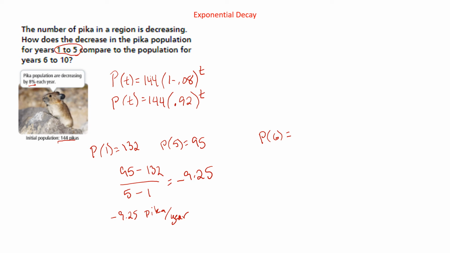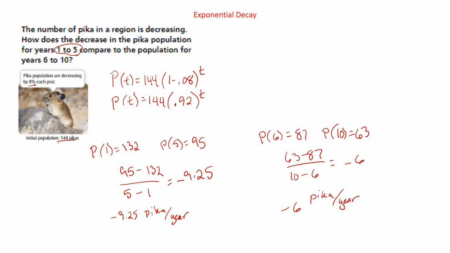And now we can do the same thing for years 6 to 10. Population of year 6, we plug 6 in, and we get 87. Population of year 10, plug 10 in, and we get 63. So we can go 63 minus 87 over 10 minus 6 to give us negative 24 over 4, which is negative 6. So it would be decreasing at negative 6 pica per year. So in years 1 through 5, it's decreasing faster than in years 6 through 10,